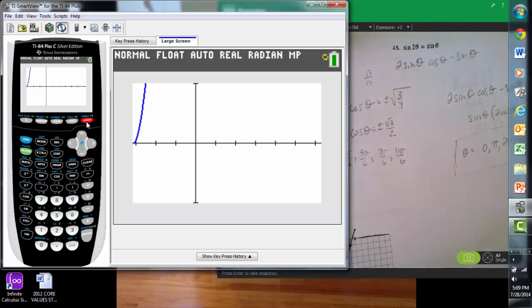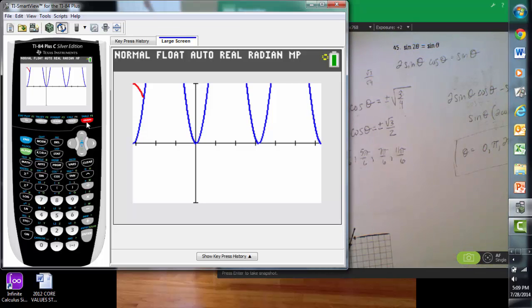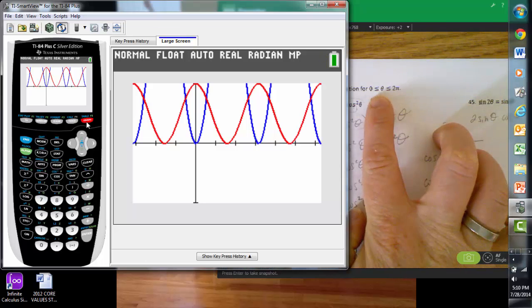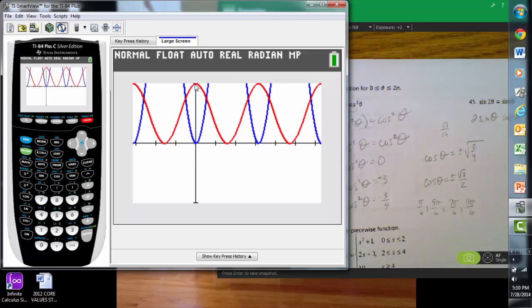Now we're talking. Now the instructions said from 0 to 2 pi. So you can see from 0 to 2 pi there are 1, 2, 3, 4 points of intersection,